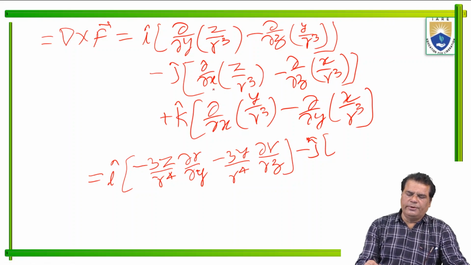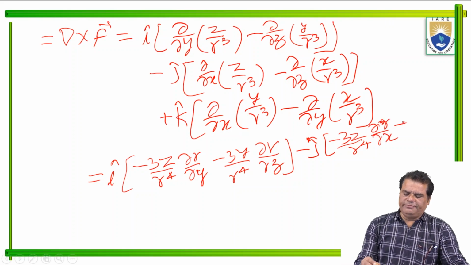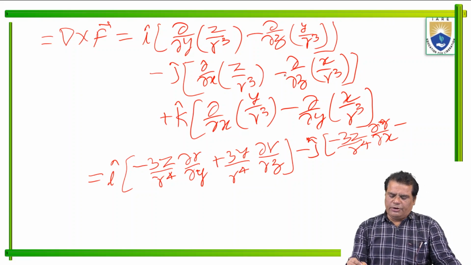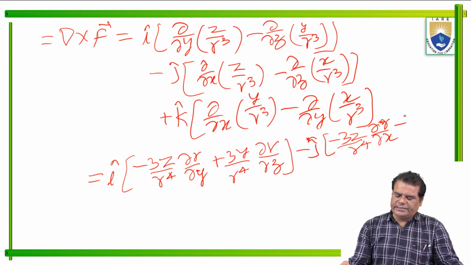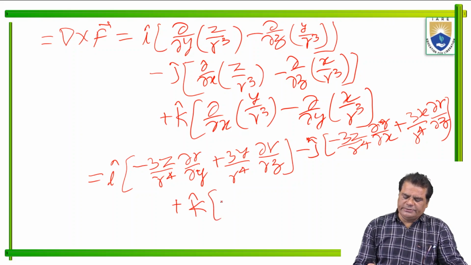So here, ∂/∂x: z is constant, so minus 3z/r^4 and ∂z/∂x, ∂r/∂x minus, both are negative, but this is positive here, this negative and this positive. So now next, differentiating with respect to x, 3x plus 3x ∂r/∂z upon r to the power 4. Next plus k, and here this minus 3y